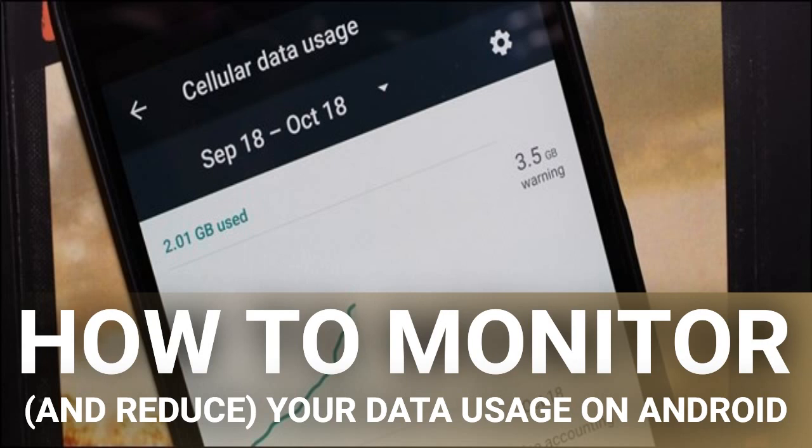Just a few short years ago it would have been almost unheard of to blow through multiple GB of mobile data. Now apps have ballooned in size. It's not uncommon for apps and their updates to exceed 100 MB in size. And with streaming music and video becoming more popular, it's easy to burn through your data cap in a matter